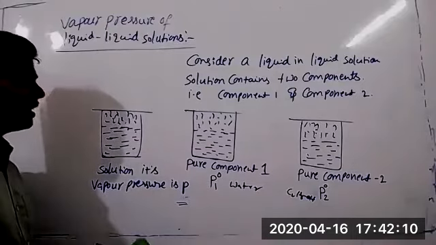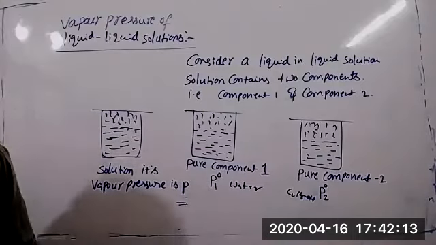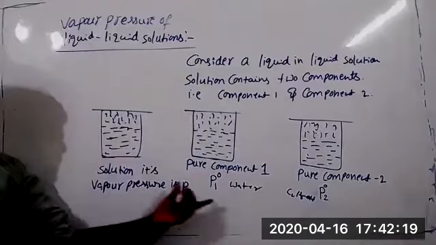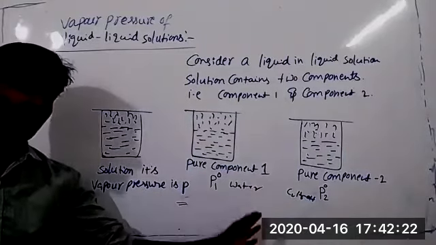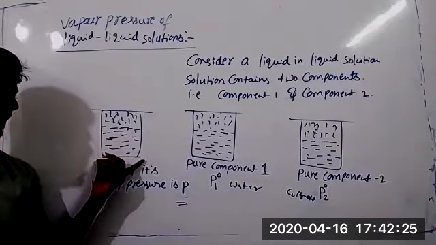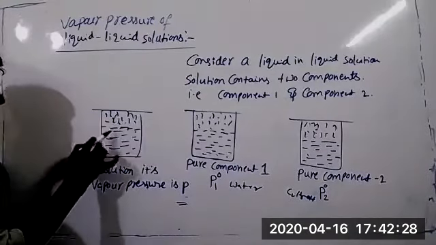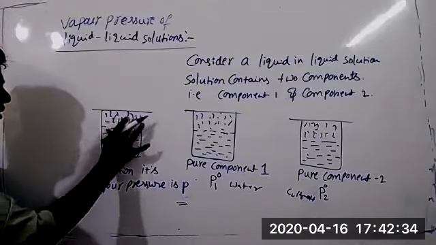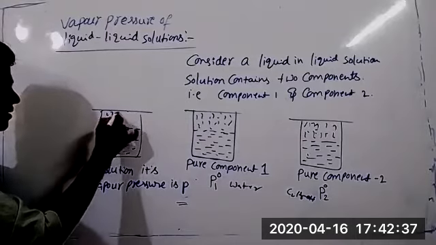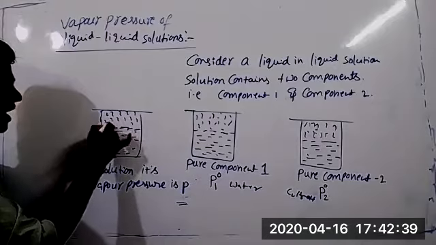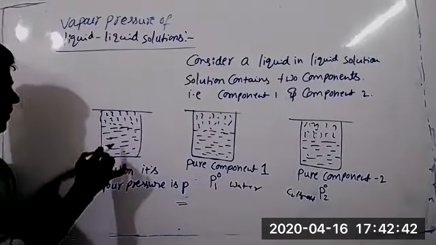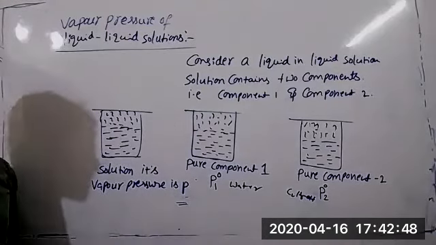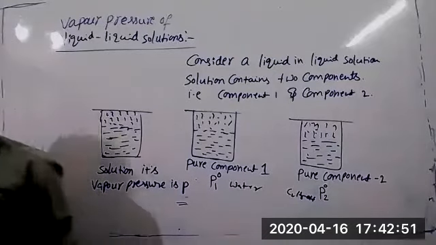Now listen, what is Raoult's law? Listen carefully. For a solution of volatile liquids, both are volatile, the vapor pressure of each component, if you mix water and ethyl alcohol, water vapor we may observe over the surface of the liquid, and vapors of alcohol also. So the vapor pressure of each component is directly proportional to the mole fraction of the component in the solution. That is Raoult's law. Note down first Raoult's law.